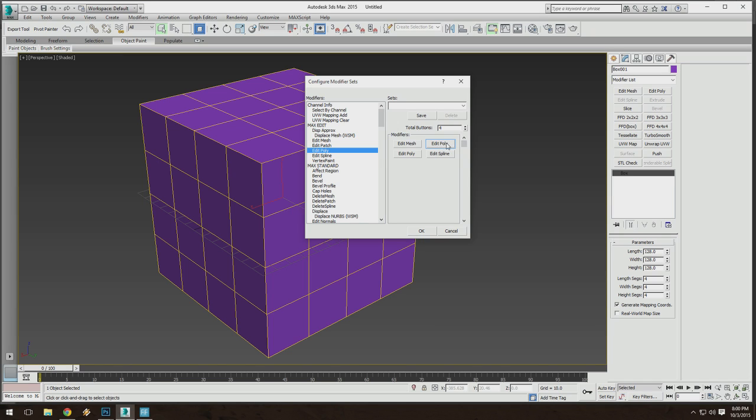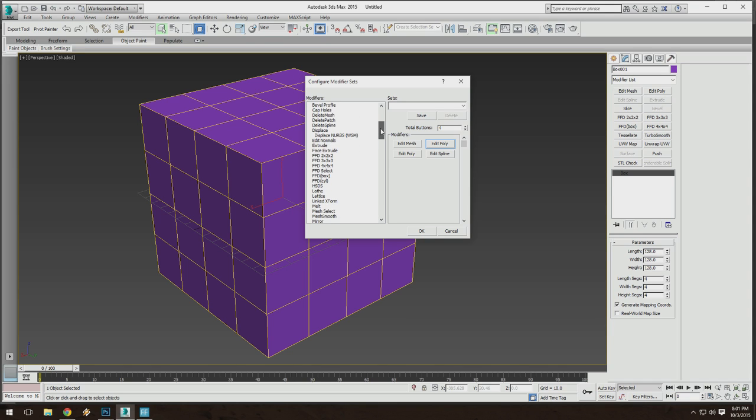But actually, Edit Poly can be pretty advanced too. I think it's better to learn both. I'll probably start with Edit Mesh and then go to Edit Poly. But I also want to show you guys some other basic functions so that you don't get too overwhelmed with all the options that are in Edit Mesh and Edit Poly. So we're gonna keep going down, and once you get started on the Max standard ones,